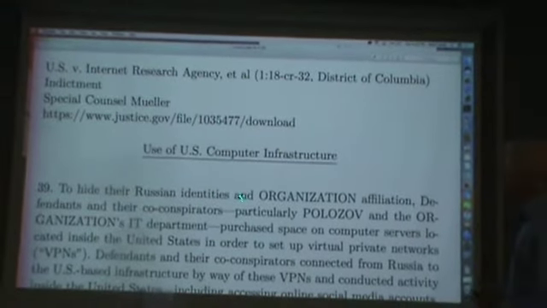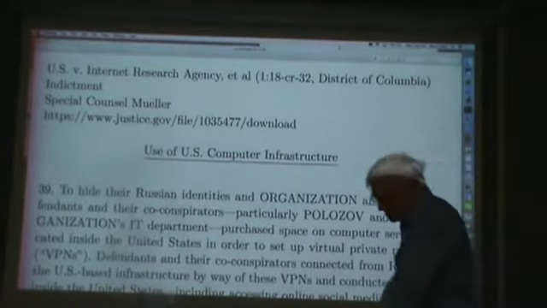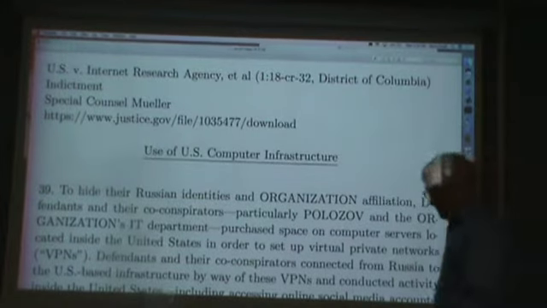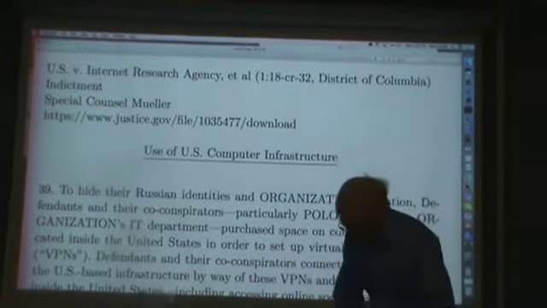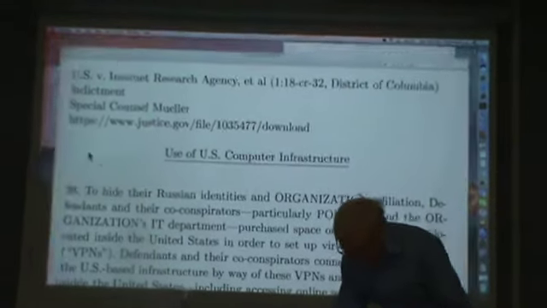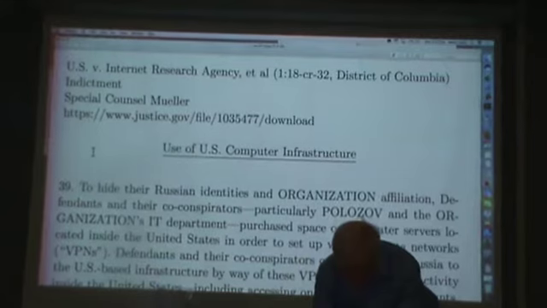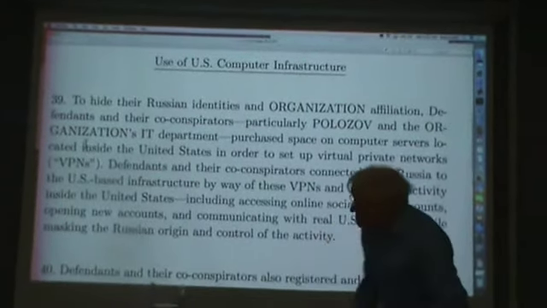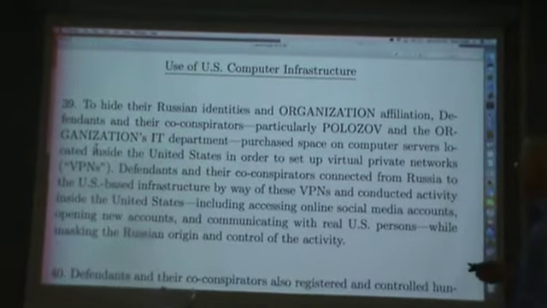Here's the website, and I'll put this new PDF on the class website this afternoon. Anyway, item 39, the lawyers probably have a different name than item. Oh, goodness. I can't even get this thing to go up. All right, here. So item 39 was use of